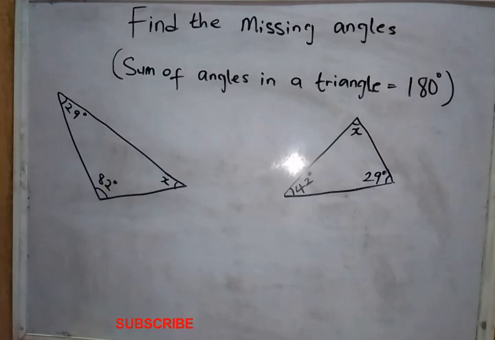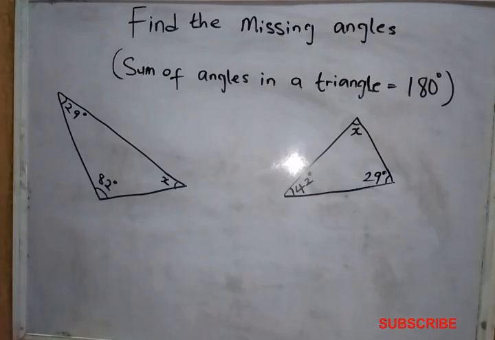That is the sum of angles in a triangle, which is equal to 180. What it means is that the total sum of angles in a triangle is equal to 180. Nothing more, nothing less. So in our first example, we have angle 82,